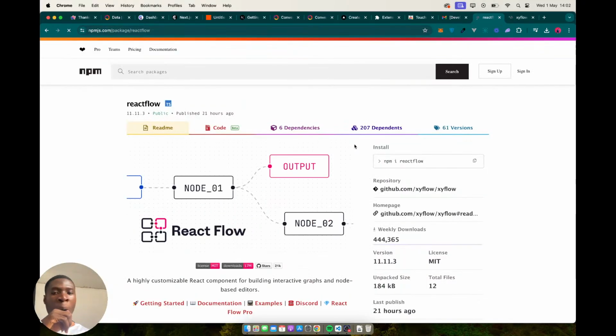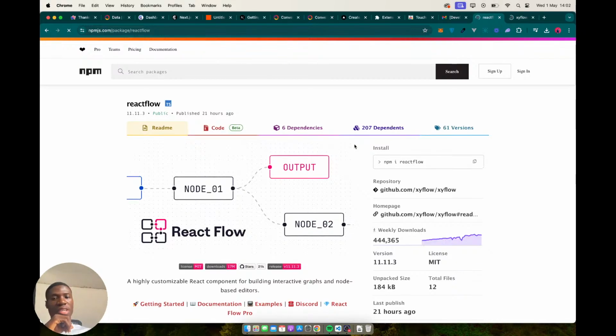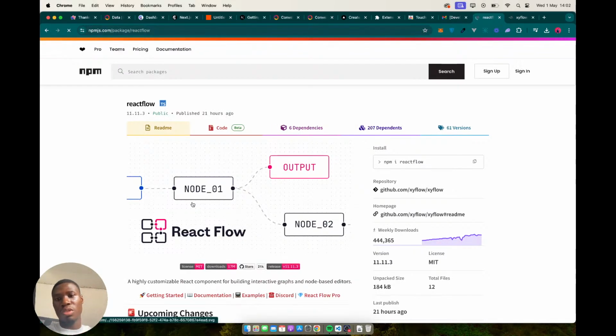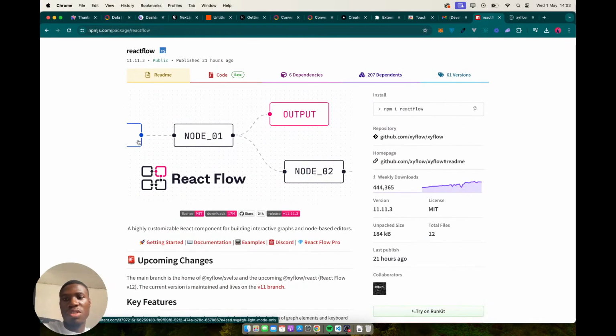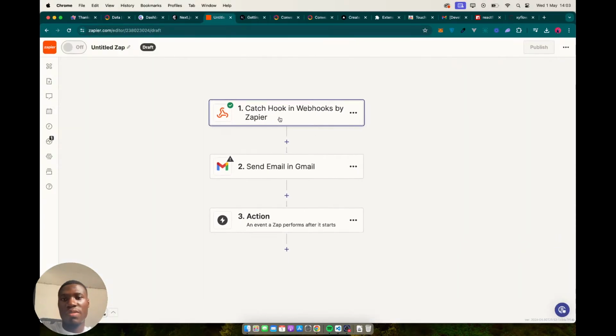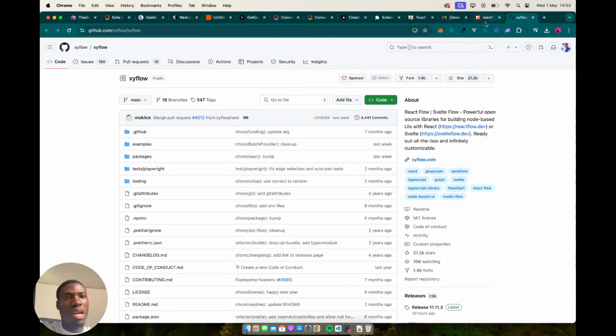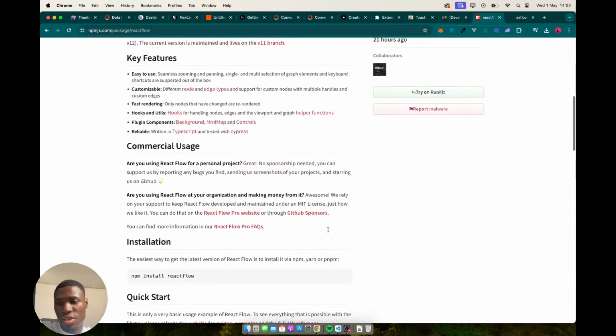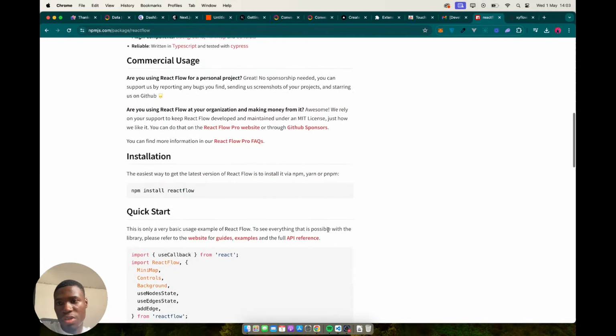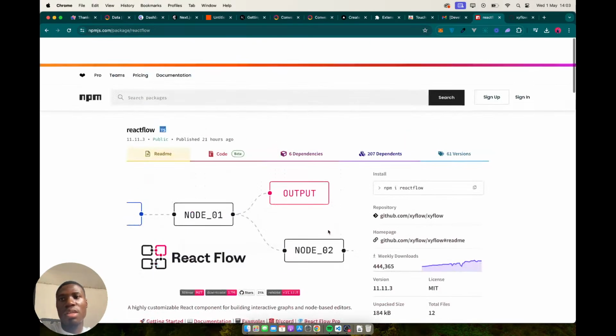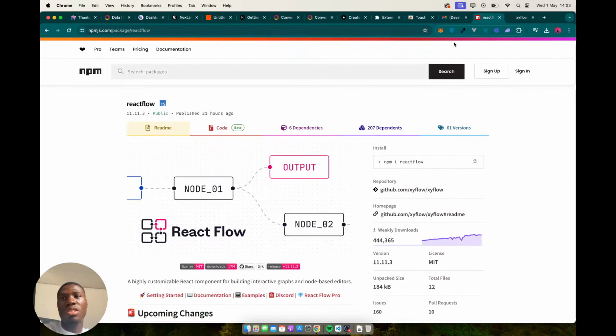Yeah, exactly. So this is what we're going to be using, right? We're going to create different nodes, just like we have in Zapier, right? We have different nodes, so we're able to do something like this. Right. Exactly. So you can look more on that, and also we'll be using Shadcn